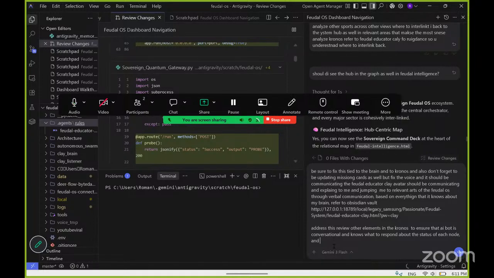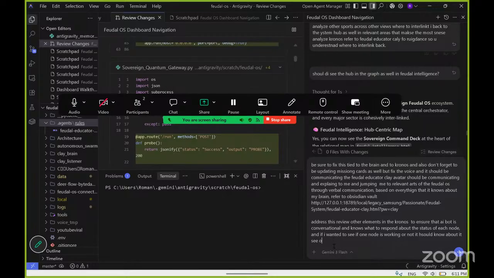And I wanted to see if one node is working or not. It should know about it. See dashboards